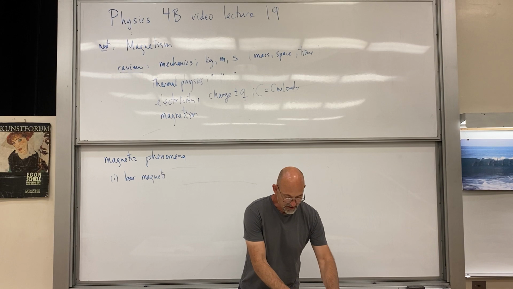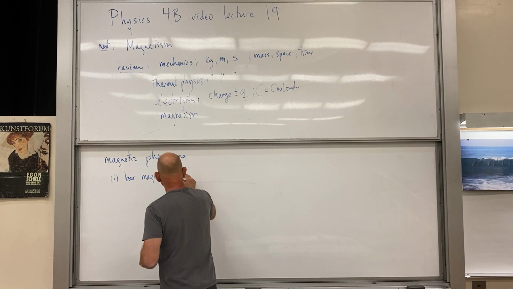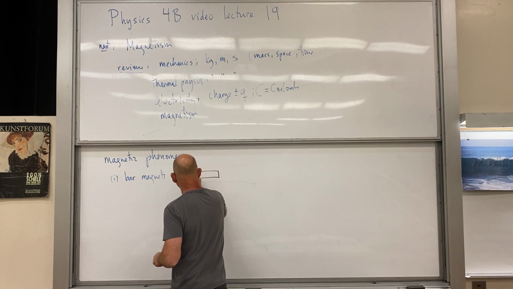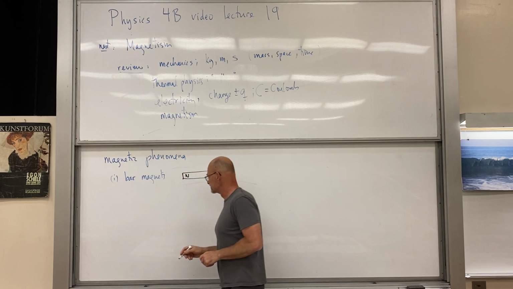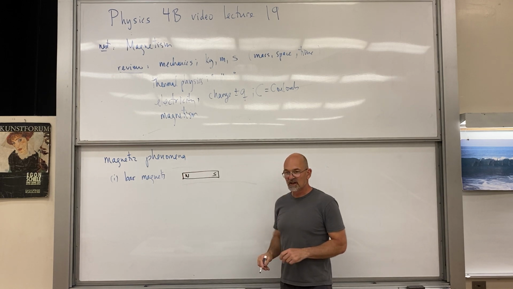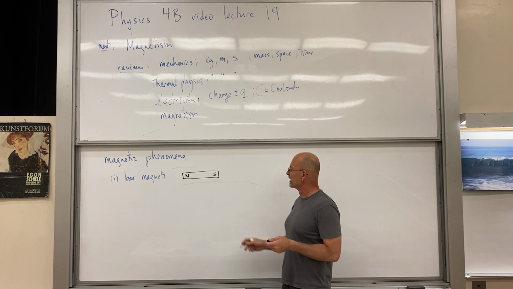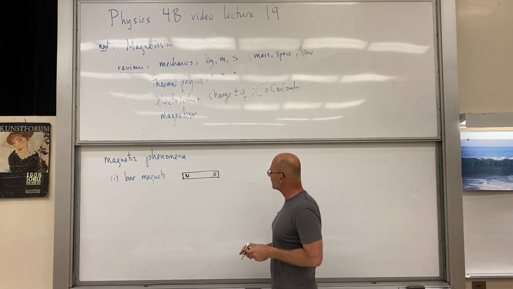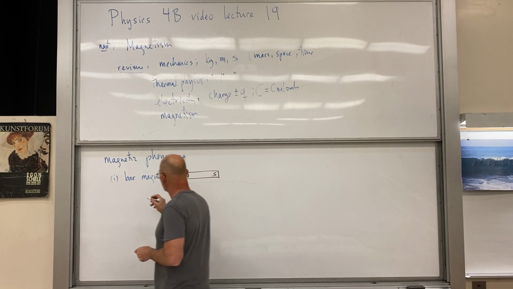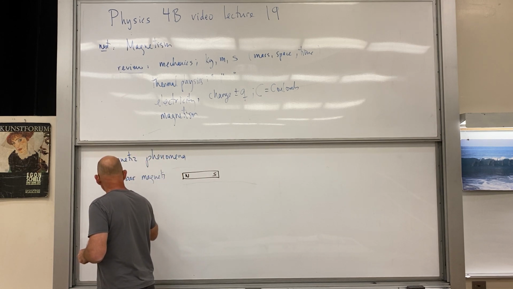I'll draw something here. We've got a bar magnet with north and south. That's just the convention, but it has to do with north and south on Earth. But right now we just have a bar magnet with north and south poles, and we find that like poles